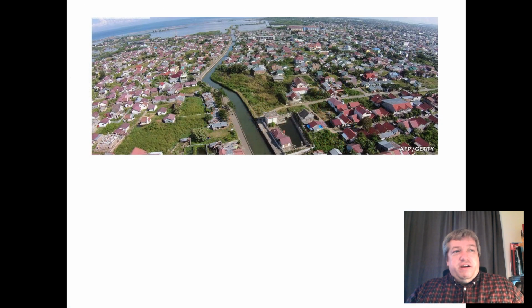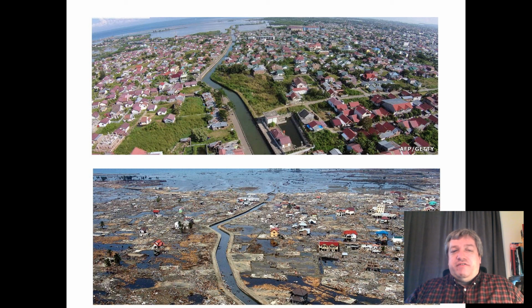So this right here is an image of what the town of Banda Aceh looked like before the tsunami hit, and this is what was left after. And the big thing is not only does the wave come in ashore and then wash everything and break everything away, but as it washes back out to the ocean, it pulls a lot of stuff with it.